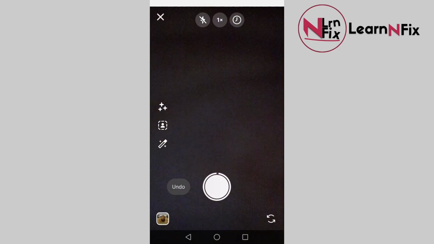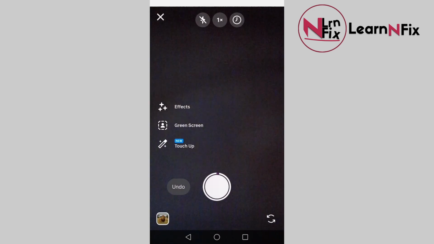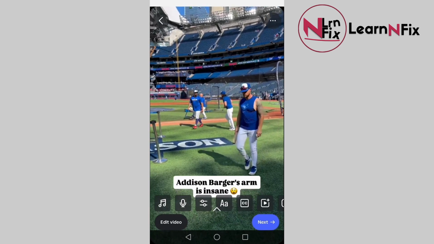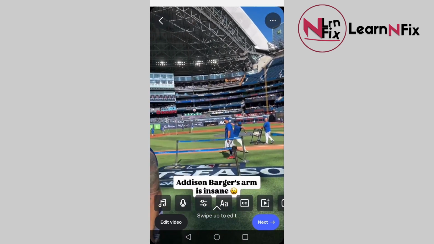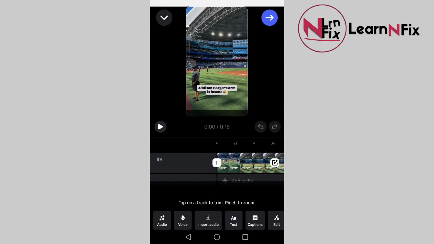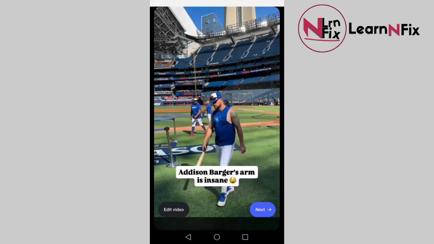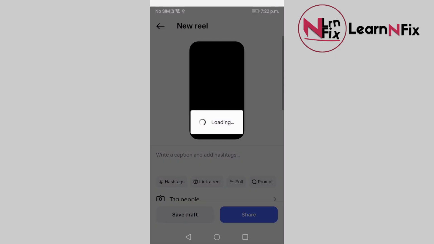and then you wanna basically film your video. So I have my camera blocked, so I'll just do an example here. Like I'm filming my hand here and stop it, and then you want to click next, and then here you want to just edit the video. As you see here, you can edit it. This is your hand, the next footage, the first footage. After you finish editing it, adding audio and everything, you can just scroll back up and click next, then share,